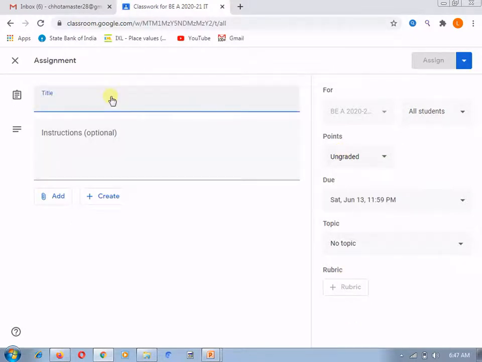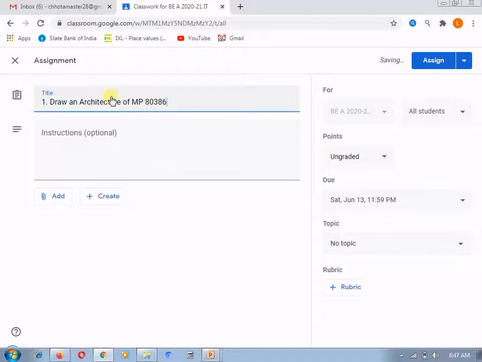Now let's start with the assignment. Suppose I am giving assignment number 1, and I just want to give a text assignment here, like: draw an architecture of microprocessor 80386.